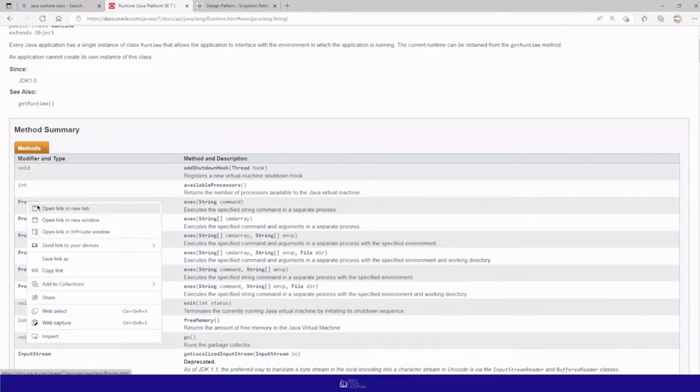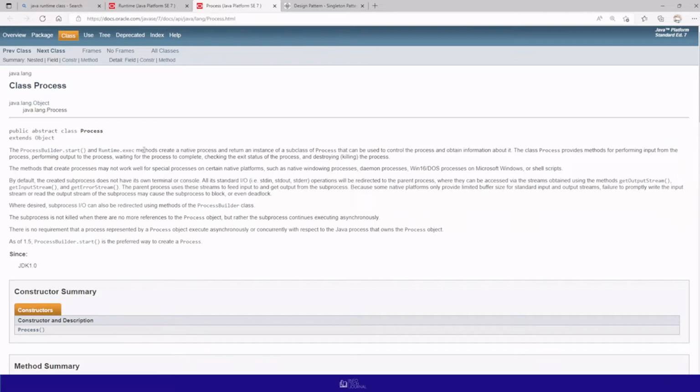So let's go back to our Java language. Let's go to process. Because it is passing as a process, if it's not there, you can just look directly at process. So while we're here, let's take a quick look at process. Public abstract class Process. Of course it's going to extend Object, because Object is the top of the top, la crème de la crème for Java. Everything goes back to Object. Okay, the ProcessBuilder start and Runtime exec methods create a native process and return an instance of a subclass of Process. The class Process provides methods to perform input from the process,